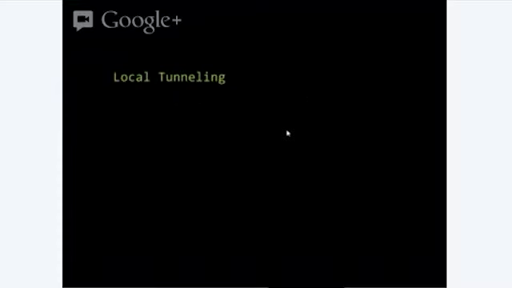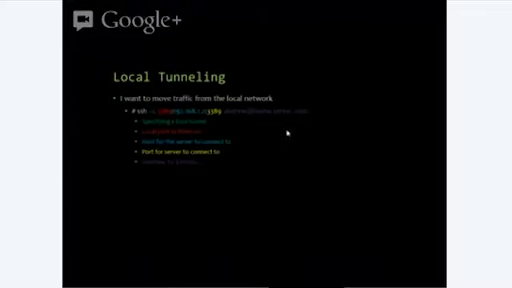Local tunneling. This is the most useful kind in my opinion. I want to move traffic from my network. I want to launch exploits or do whatever from my network to the server network. This is the syntax to do that. The purple doesn't really show up at all. That was a terrible decision on my part. But this command says ssh -L 3389:192.168.1.2, whatever arbitrary IP address, :3389, and then that last part that you cannot see at all is